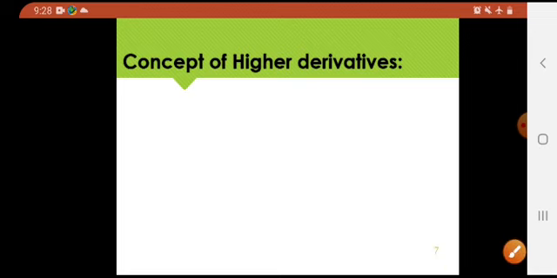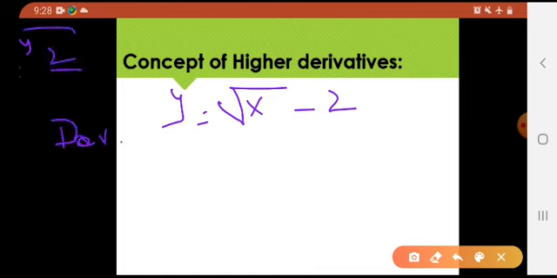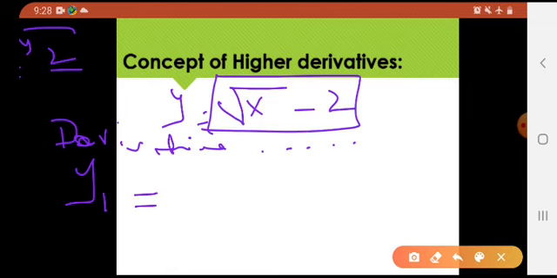Let us say my y is radical of x minus 2. I have to find y2. Now this is my question. My y1 would be, I would be saying, okay, taking derivative on both sides with respect to x. I'm not writing it, you people have to write it. Okay, y1 would be, अब इसका पूरे का radical, derivative, right? Differentiation is पूरे की. Okay, now what is the derivation of a radical?